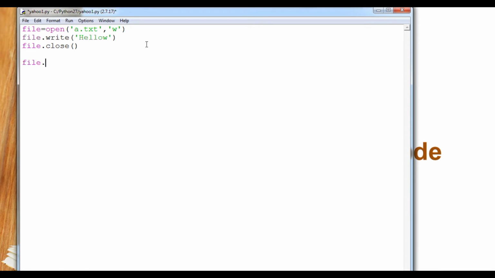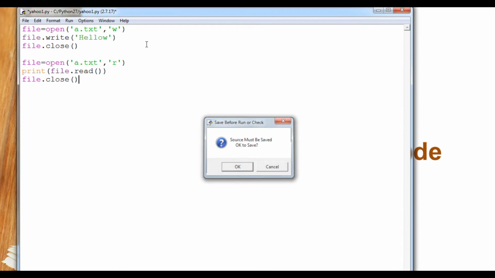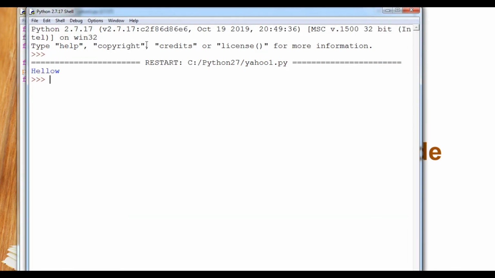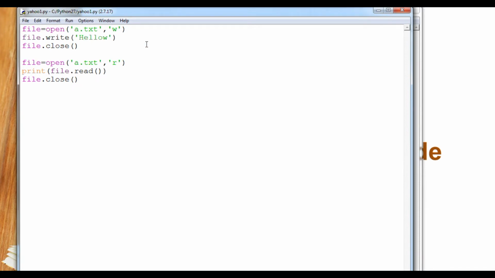So file equals open a.txt in read mode, and then file.read enclosed in print, and then file.close. So what will happen, look at the screen. You can see hello will print. This is a simple program by which we can understand how we can create a file.